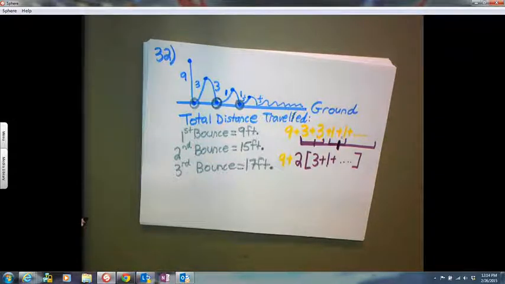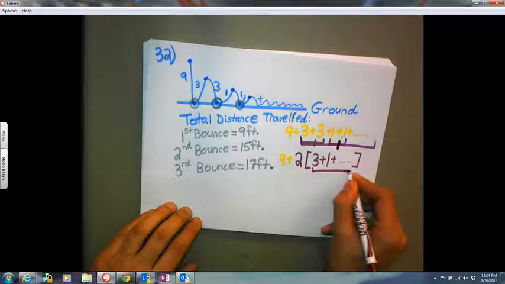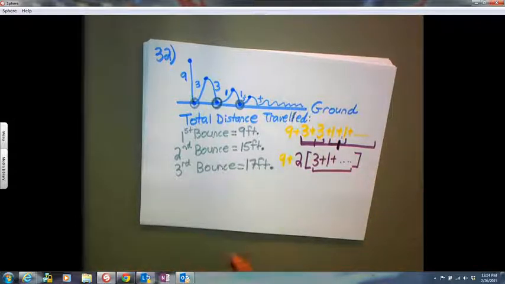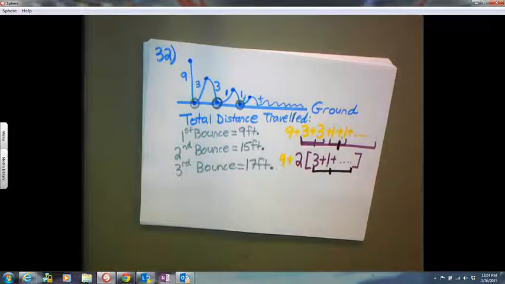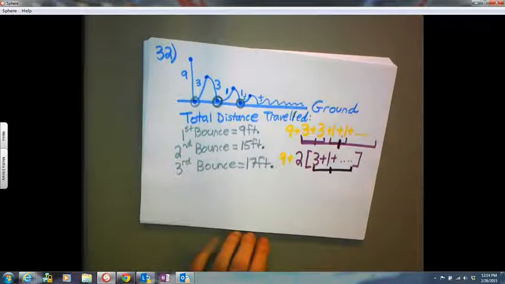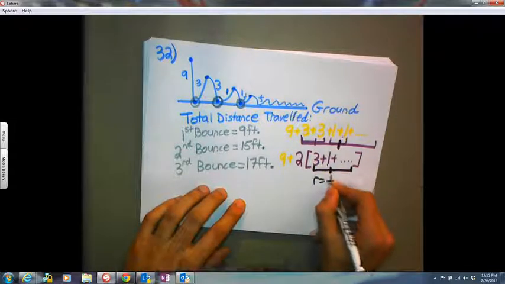Now, in here, it's a different color. In here, just the brackets, forget the 9, forget the 2, just the brackets, we have a geometric sequence. 3, 1, remember 1/3 was next, where r equals 1/3. So this part is a geometric sequence,